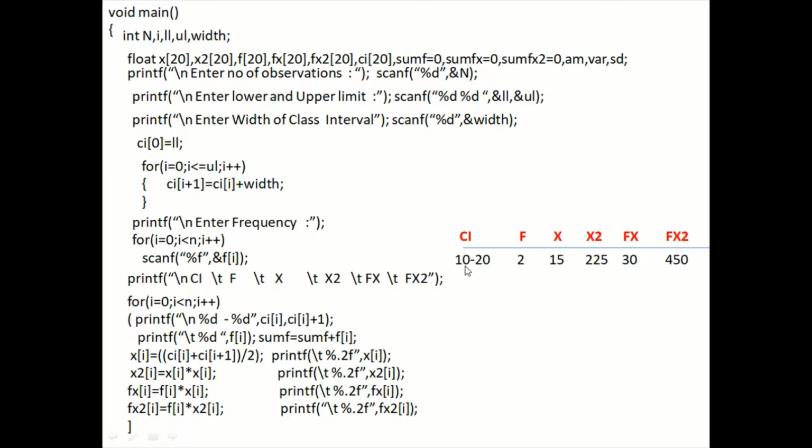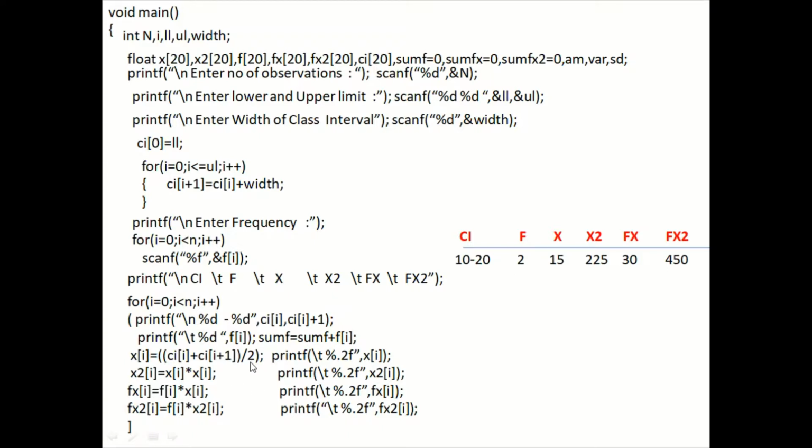So here 10 is printed. Comma Ci of I plus 1, that is Ci of 1. What is Ci of 1? 20. So here 20 is printed. Okay. Then next line. Printf slash t. It comes here. Okay. Percentage d, f of I. What was f of I? 2. So 2 is printed here.